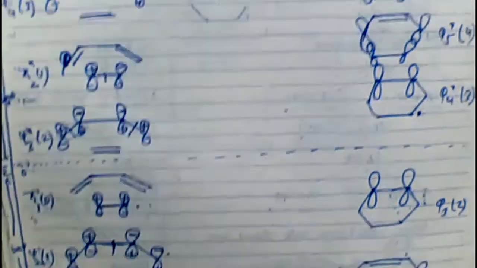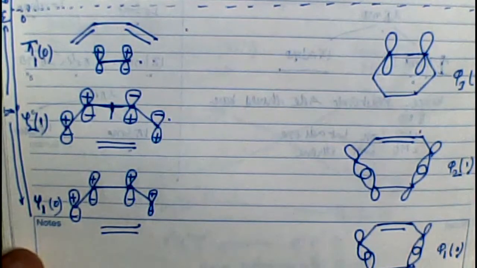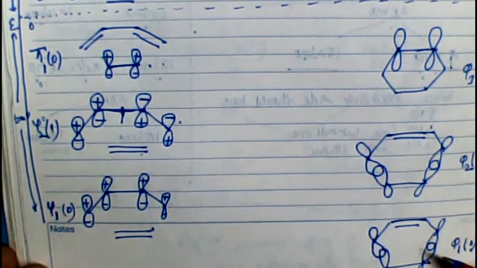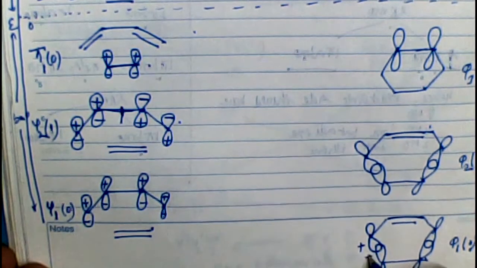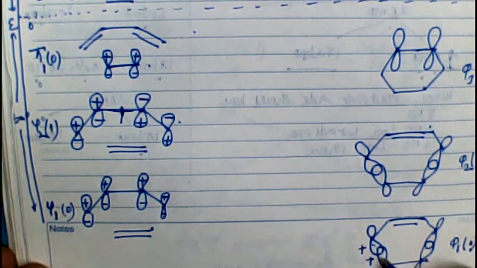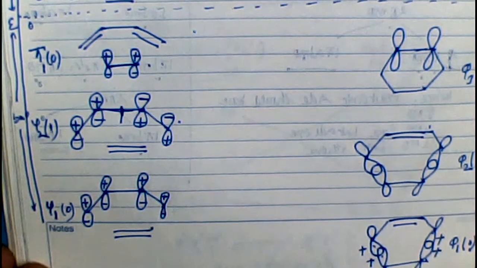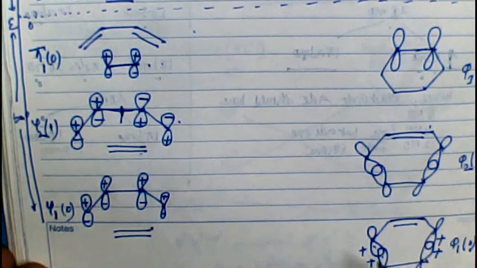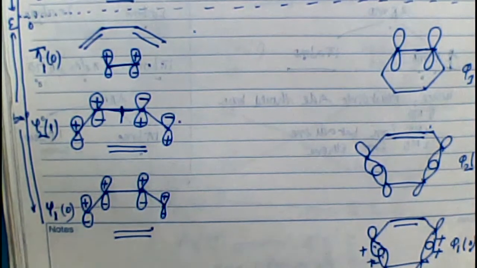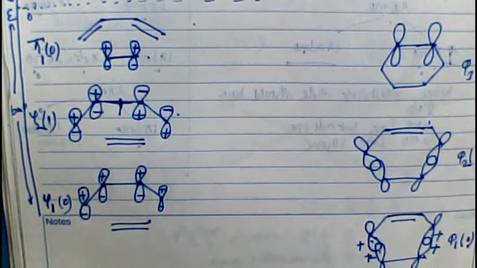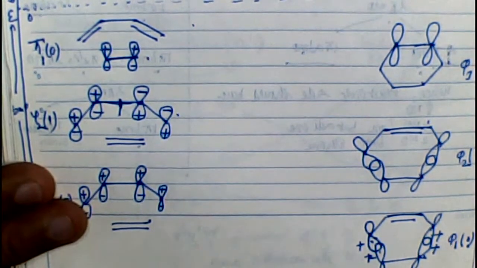Right, now putting the signs. Phi 1, no node. We are talking about the bonding molecular orbitals here. So there should be a bonding overlap. Plus sign here, plus sign here. Of course, I'm talking about pluses inside, since because of the scarcity of space, I've written it outside. A plus sign here, a plus sign here. See, the most stable orbital. What are we focusing at? There is a bonding overlap between the 2 sigma orbitals, and between these orbitals also, this one and this one. There is a similar sign. That means throughout the molecule we are encountering a bonding overlap. Therefore, this should be the most stable orbital.